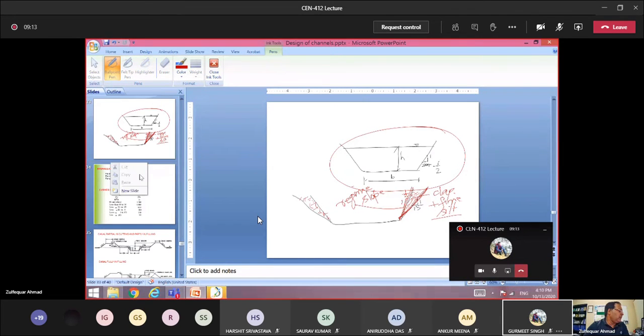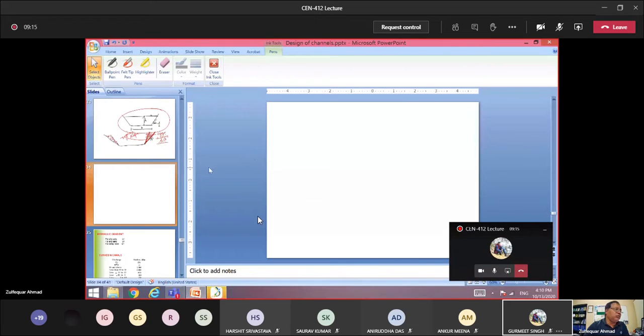Okay, we have designed this section, but what about the detailing of this? Whether only this section will be sufficient, or that is to be supplemented with the other things, right? Say we have, I am talking some general things, then we will come to the detailing part, because this is important to understand. Let us say this is the NSL.